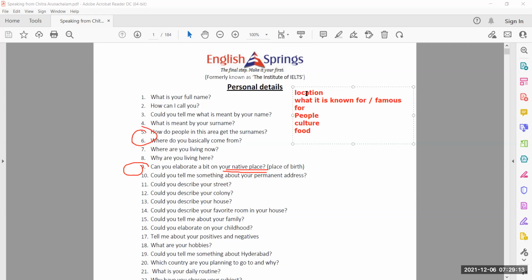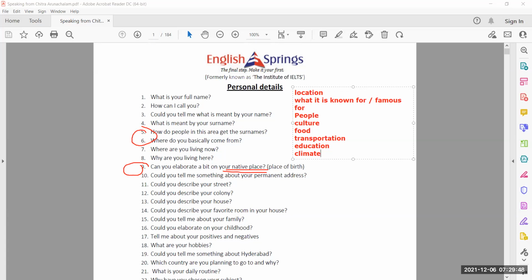Okay, you can talk about different cuisines. Then you can talk about the transportation facilities, okay, railways, waterways, roadways. And then you can talk about education, whether at your place you have renowned colleges, universities, you can mention that. And finally, you can talk about the climate. What type of climate do people in your area enjoy? Okay, so if you cover all these cues, then definitely you'll be able to give a lengthy response.